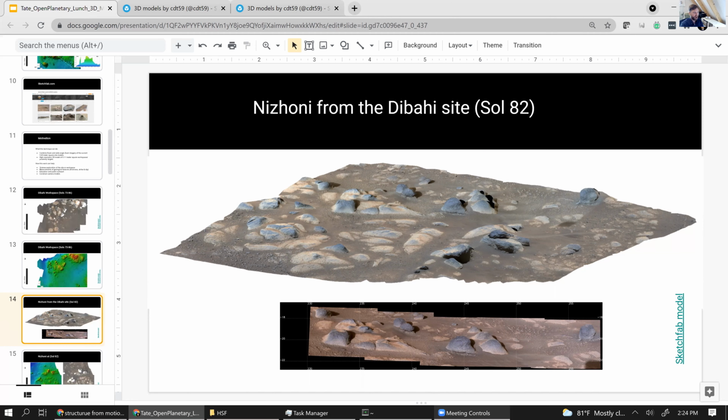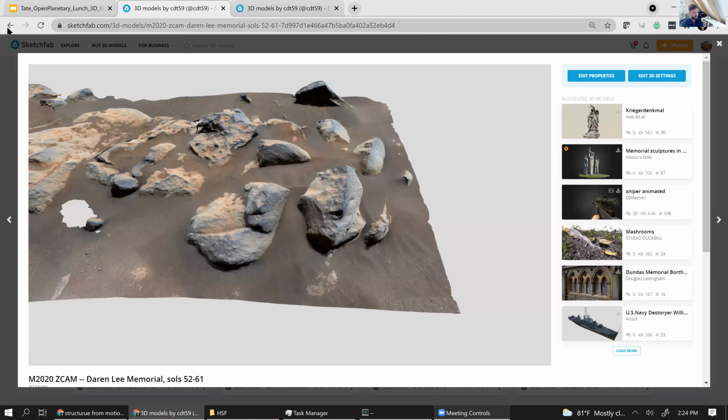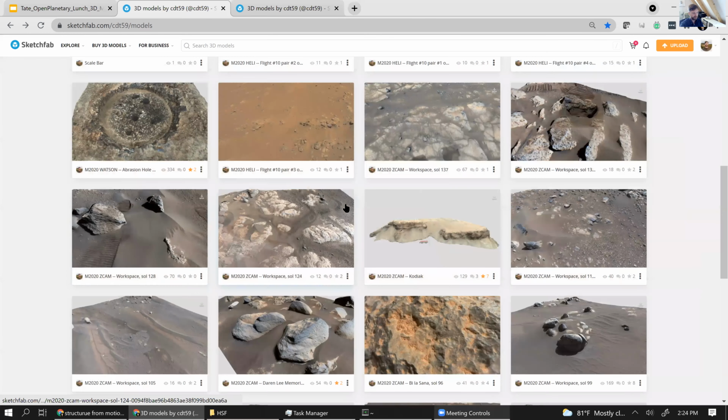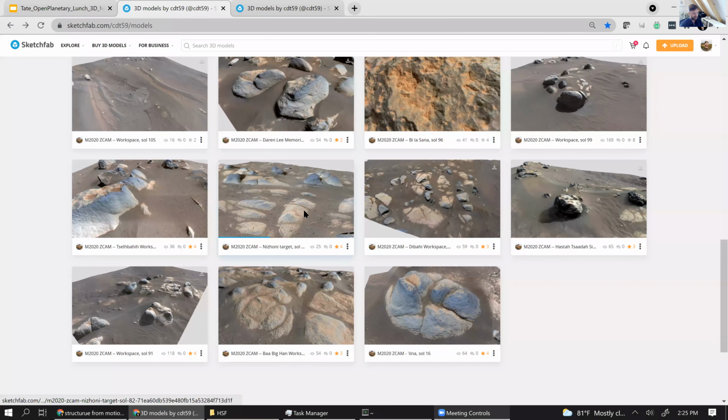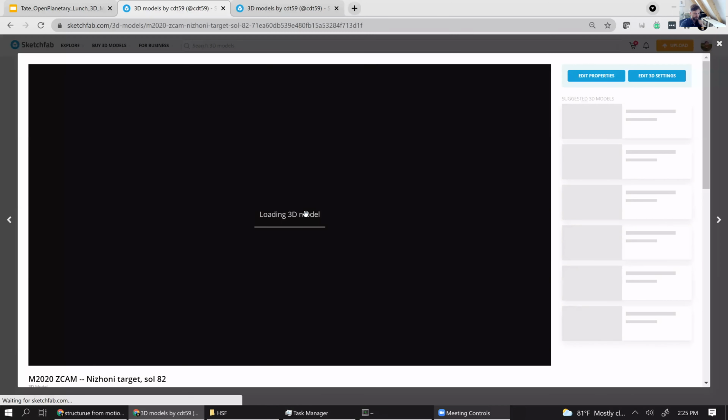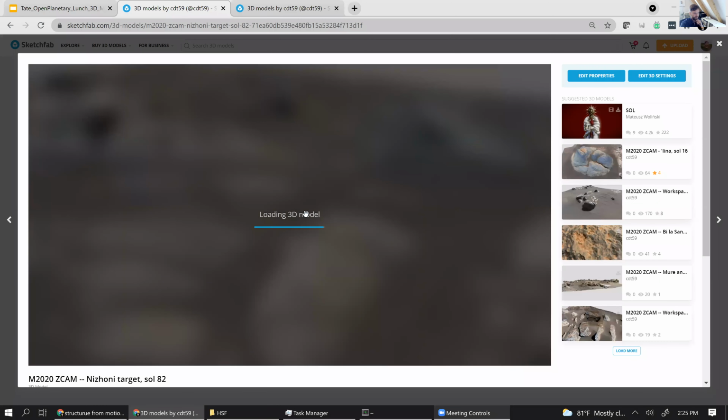And I'll bring up this model here because it's pretty spectacular that you can make a model like this from